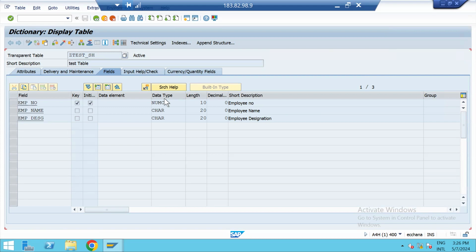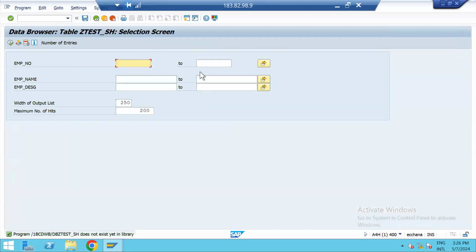Now to see the contents, this is one icon wherein you see the contents in a table. If you click here, you see this pop-up. Here you can do the filtration. Filtration, like if you have, let's suppose, 10 records already existing in the table, you can do the filtration by the values here. For example, I have employees ranging from 1 to 10, 1, 2, 3, 4, and till 10. I can filter it on 5